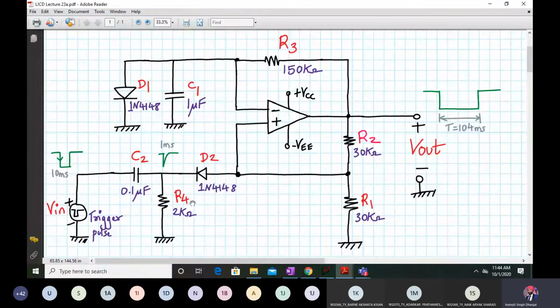Have you studied the differentiator circuit before? In your lab, you have done an experiment on the differentiator, in the virtual lab. So for a differentiator, if you apply a square wave pulse or a rectangular pulse, what will be the output? A negative going spike and a positive going spike, correct?